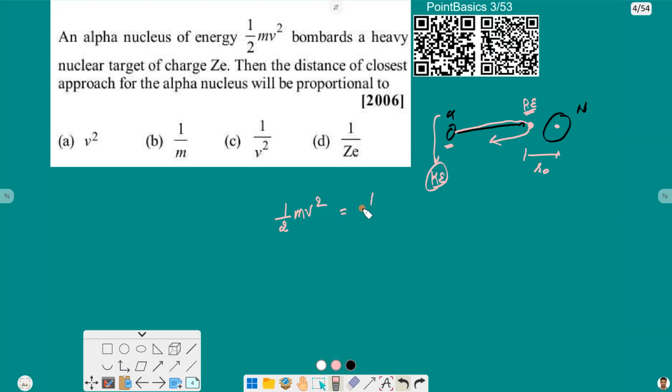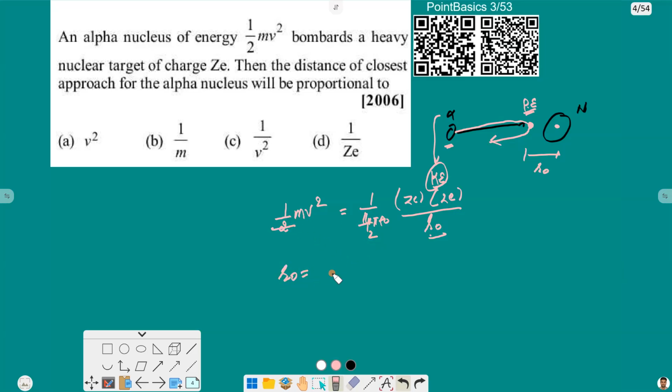So starting with that, we can write energy conservation: half mv square will be equal to the potential energy, that will be equal to 1 by 4 pi epsilon naught Ze into the charge of the alpha particle, that is basically, oh sorry, that is basically 2e, divided by the distance, that is r. So from this, if we want to find the expression for the distance, then r naught here will be equal to,